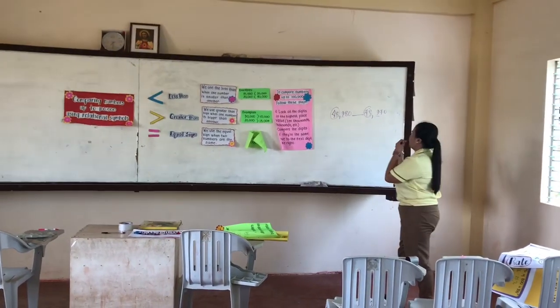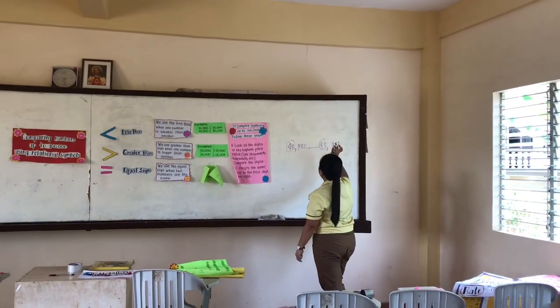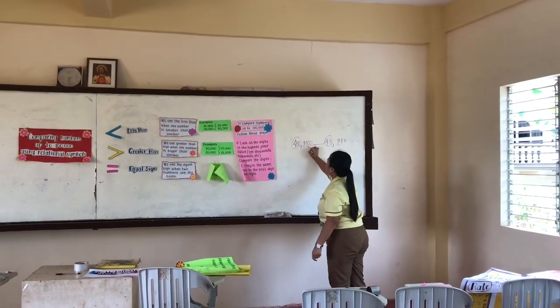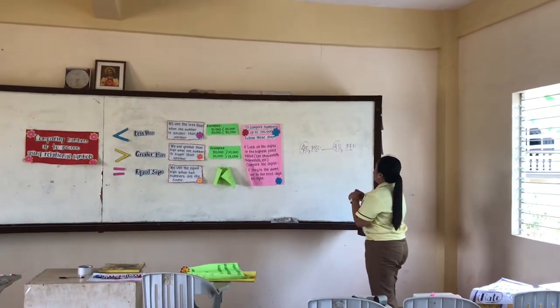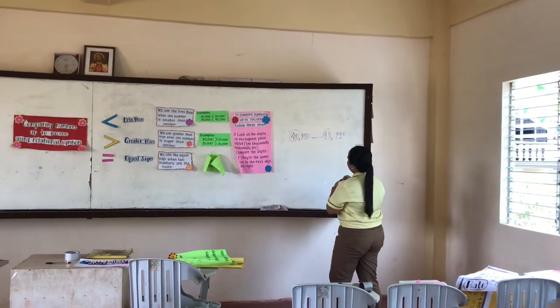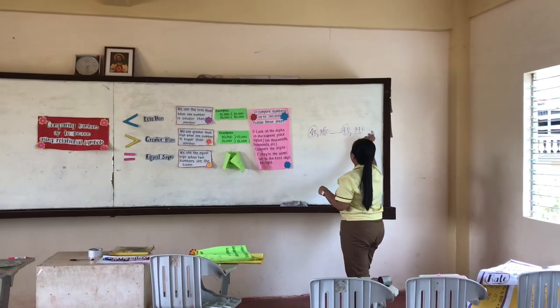The same, teacher. Yes. Number 3 and number 3 here are just the same. So if it's the same, we are going to move again to the right. 8 and 7. So now, 8 and 7. What number is bigger? 8, teacher. 8. Very good. So number 8 is bigger than number 7.